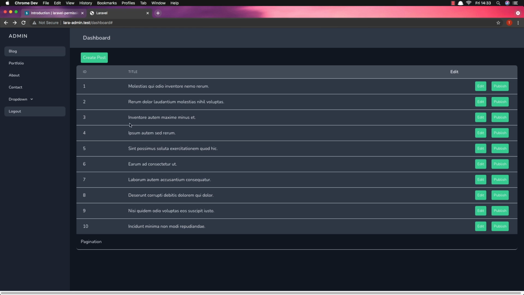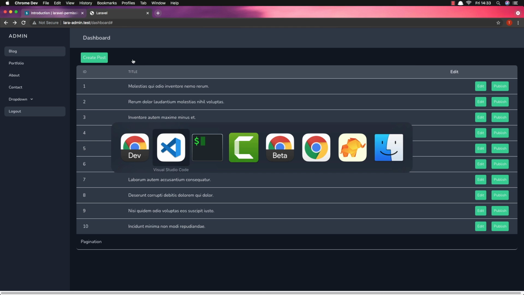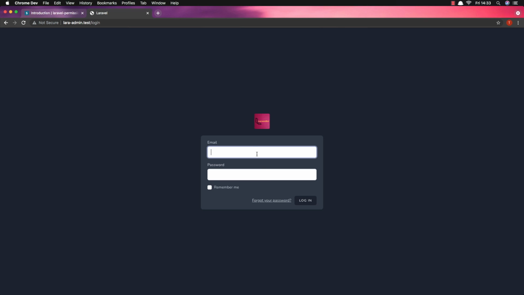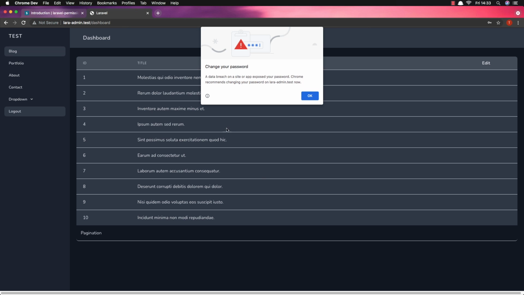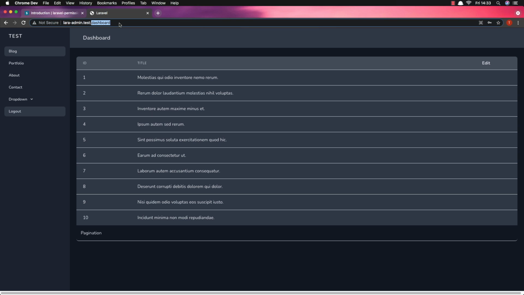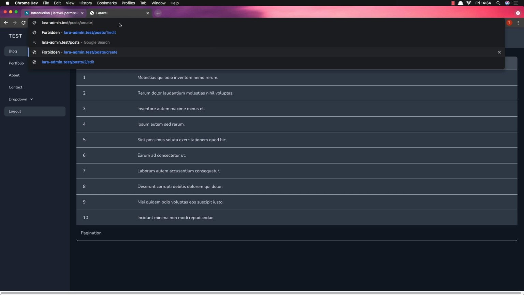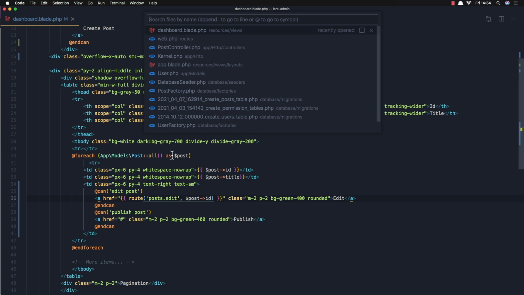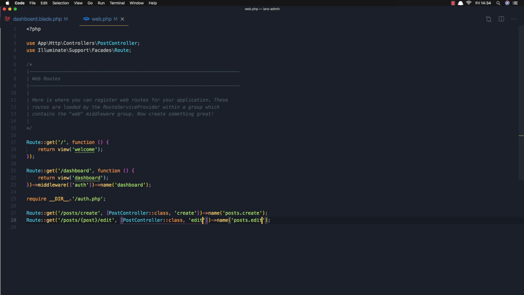Okay, now I want to protect these routes, because now I am admin. If I log out and log in as a test user, he doesn't have any role, any permission, but he can visit the routes by writing here, for example, posts create. Yeah, he can create a post. Now if I go to the web route, but first